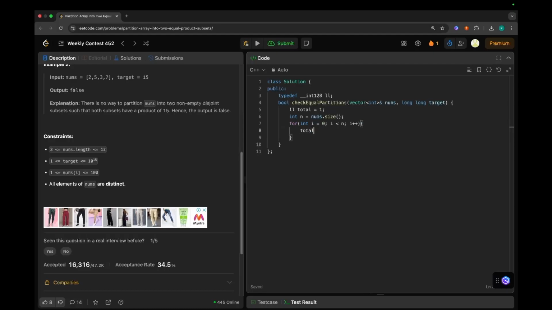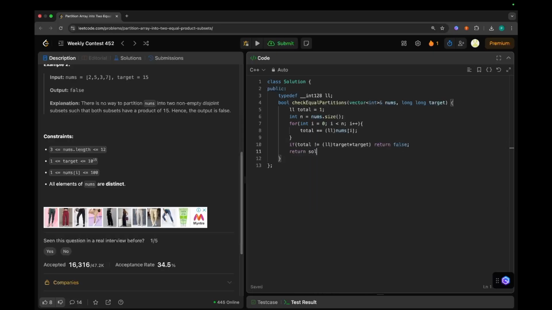And let's calculate our total, which is total into nums of i. And if total, converted to LL, is not equal to target into target, let me also convert this to LL, then we will simply return false.